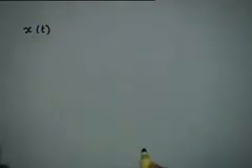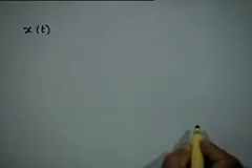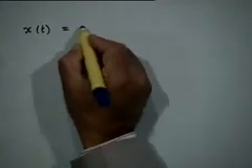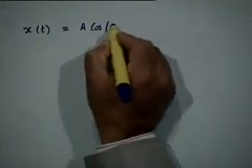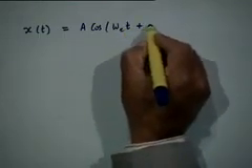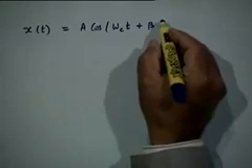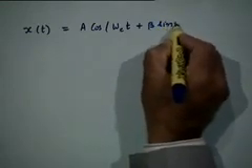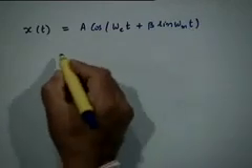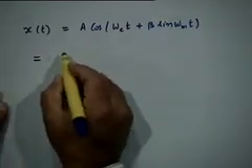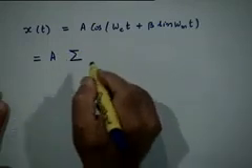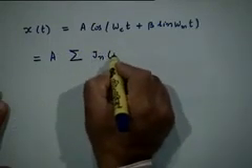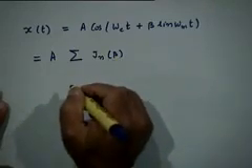So let me recapitulate. We wrote an expression for x of t, which was a modulated signal, in terms of a series expansion, right. We showed that this kind of angle modulated signal, which could be either an FM signal or a phase modulated signal, we could write in terms of a series expansion in which the coefficients of the series are the Bessel functions, right,